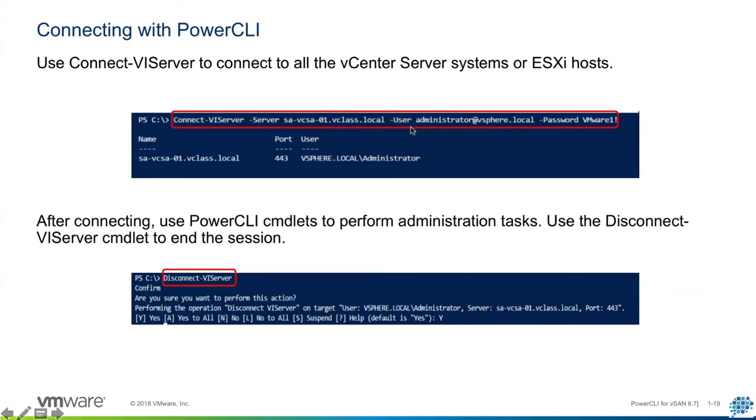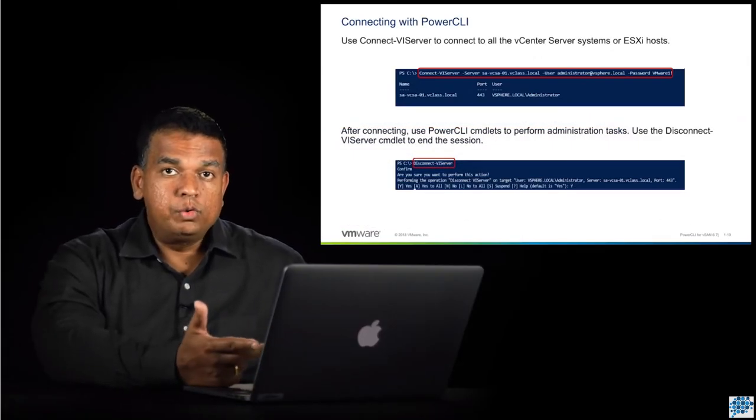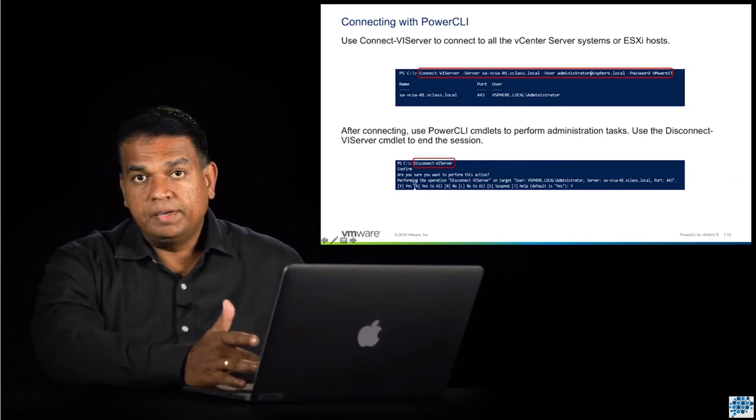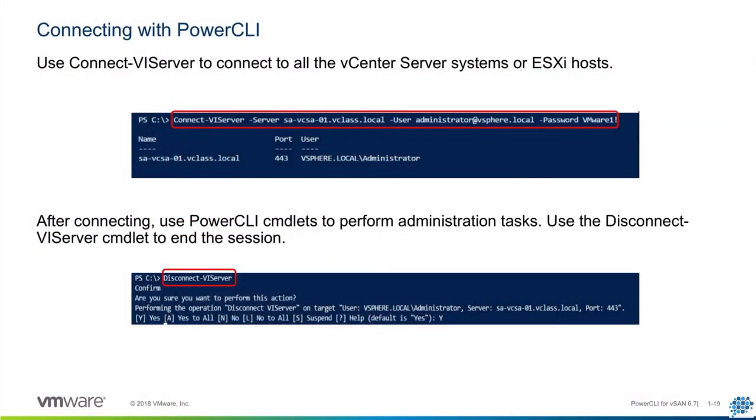Next we have to specify the username. The parameter here is -User, and the argument is the actual username, which is administrator@vsphere.local, and the next parameter in the list is -Password, and the actual argument is the password specified here. So this commandlet will connect that particular session to the vCenter server, and once you have completed your tasks or you want to disconnect from the server, you can simply type in Disconnect-VIServer